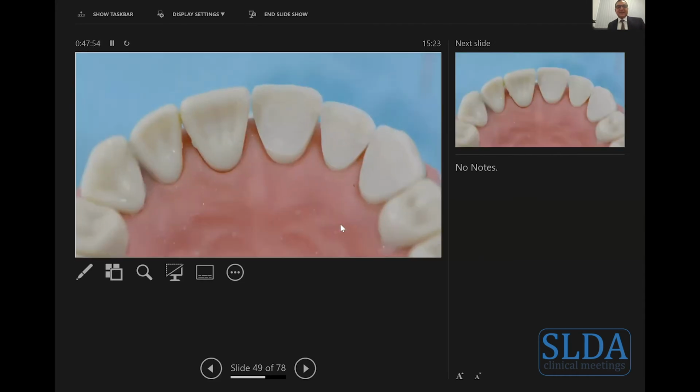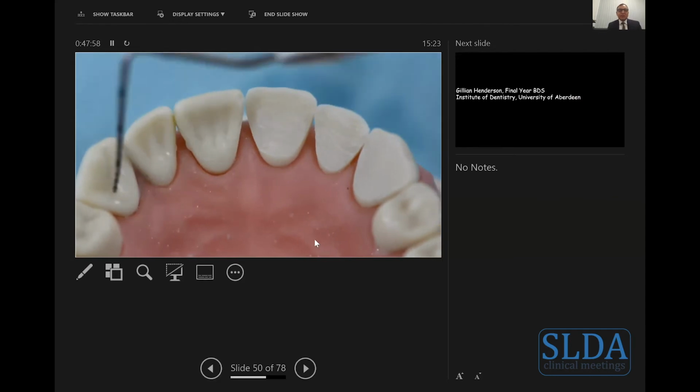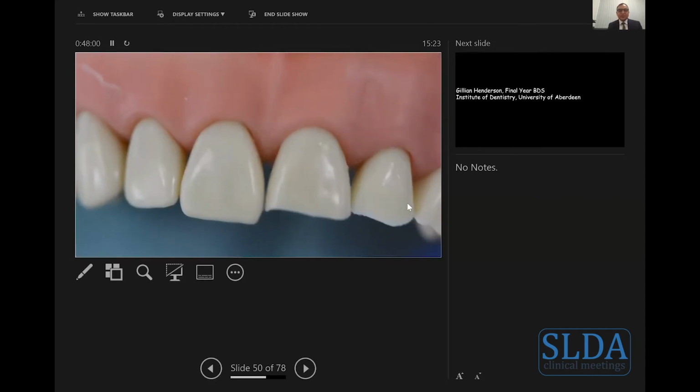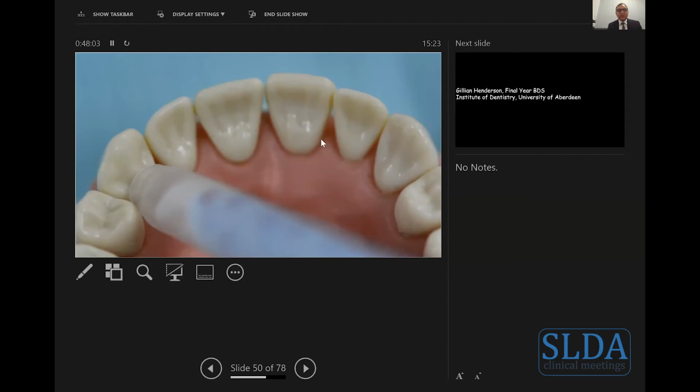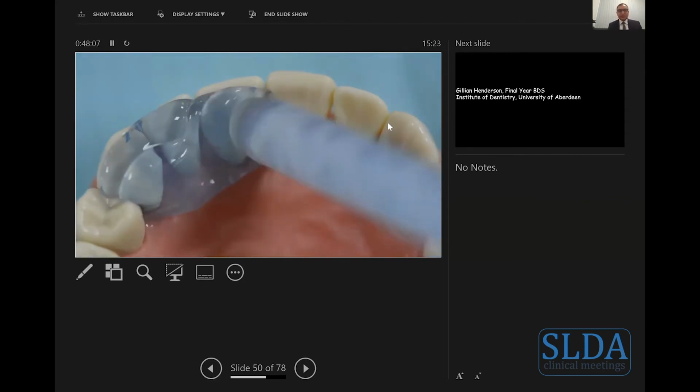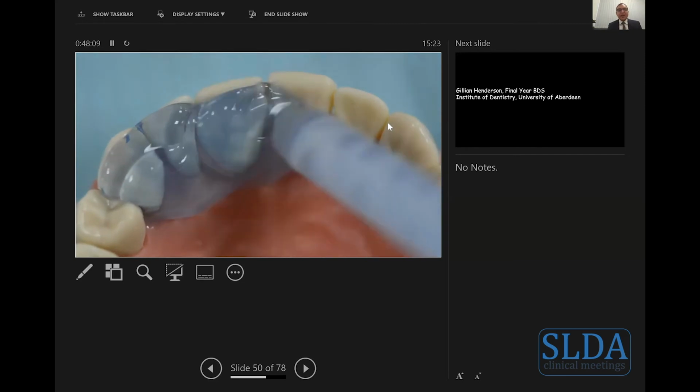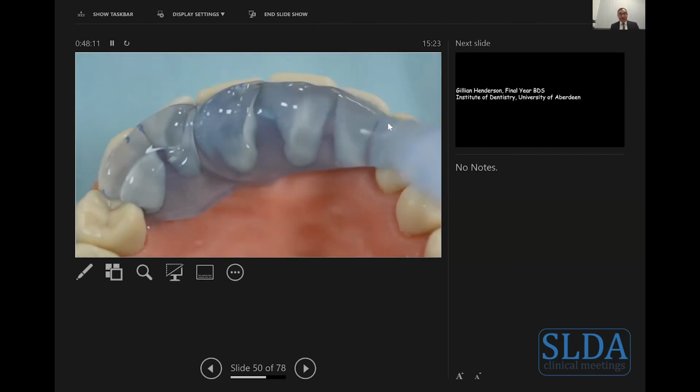Yeah, I'll go here and I'll play the video. What's happening here is there is tooth surface loss. This is a Frasaco jaw, plastic jaw. So on a diagnostic wax-up, let's assume this is the diagnostic wax-up, and I make a template